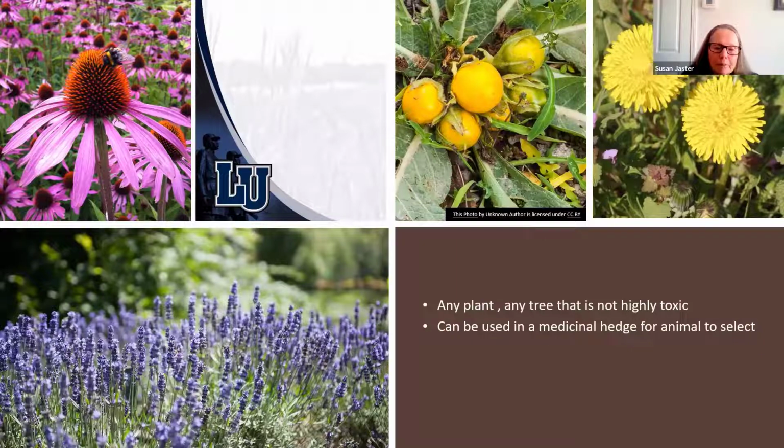And if you don't want them to eat the tree back too far, then you set up this little pen so that the plant and the tree can grow through it. And then the animals get only that much. And then that way it resprouts and regrows as time goes on. So your animals will self-medicate by using these plants and eating them for different nutrients